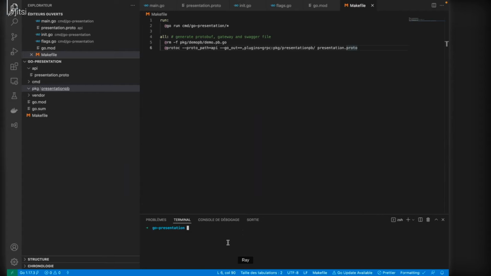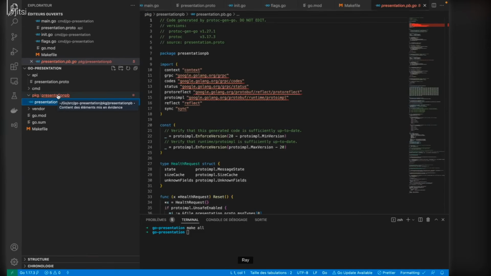Okay, so let's try to run this command. The command was executed, and as you can see, a protobuf file was created here.